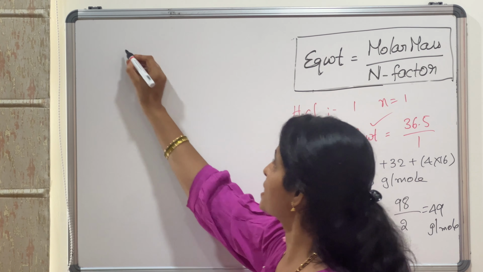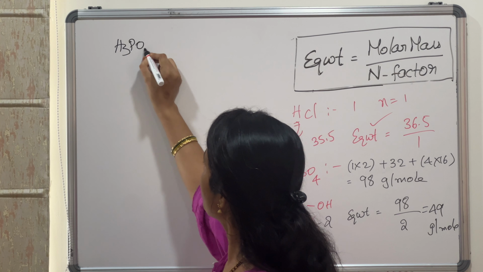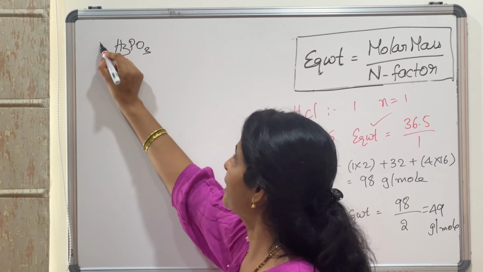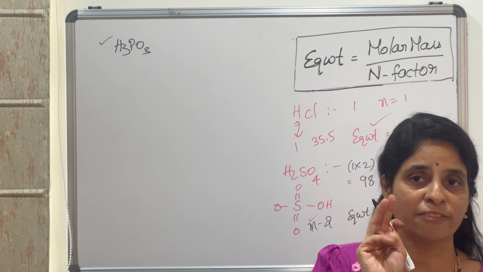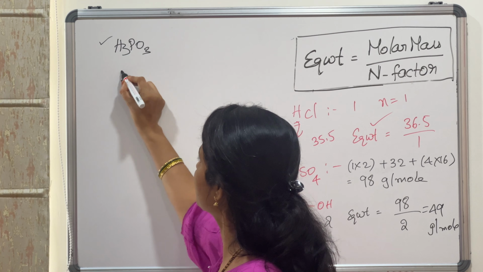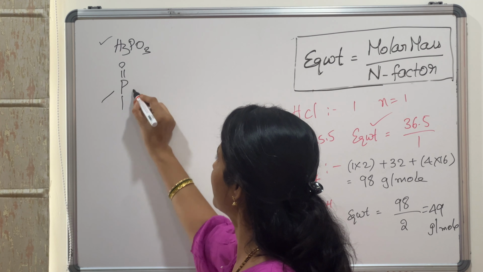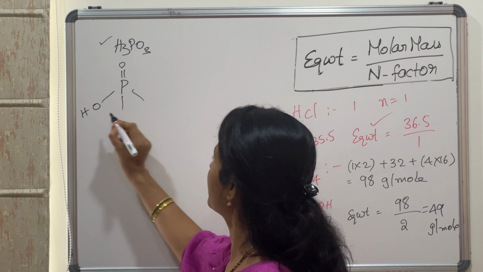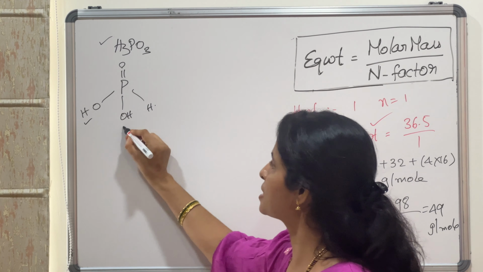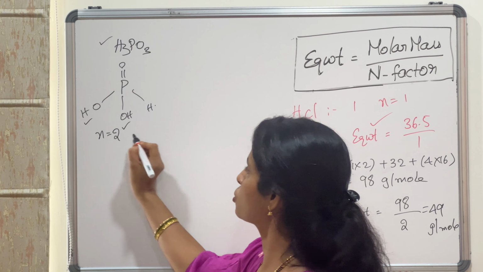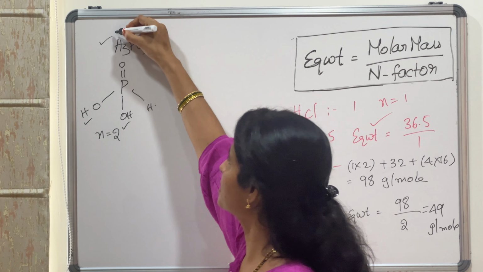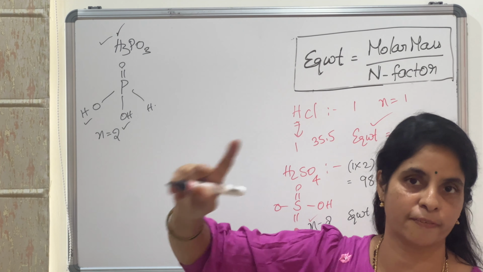Now, if it is H3PO3, then here you may think, and this is the blunder maximum number of students will make. In the case of H3PO3, you are looking for the 3 hydrogens, but here the N factor is not 3. If you look at the structure of H3PO3, it is like this. So here OH, and here it is OH and H. So here how many replaceable hydrogens are there? Here the N factor is 2 because only hydrogens attached with oxygen will be replaceable. So although it consists of 3 hydrogens, the N factor is not equal to 3.